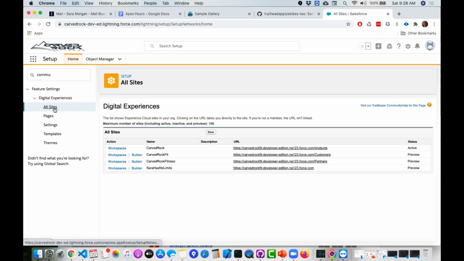And I was a little disappointed with that because we've been using Community Cloud for many, many years now, and everybody knows that and is very familiar with it. But marketing decided to change it to Experience Cloud because they see it as a whole different way of experiencing. So here we have 4 different, in this particular org, 4 different communities or sites that have been set up. And one is the one that I use in that course, and we're going to go ahead and look at that one. So I'm going to just open this up with Builder,